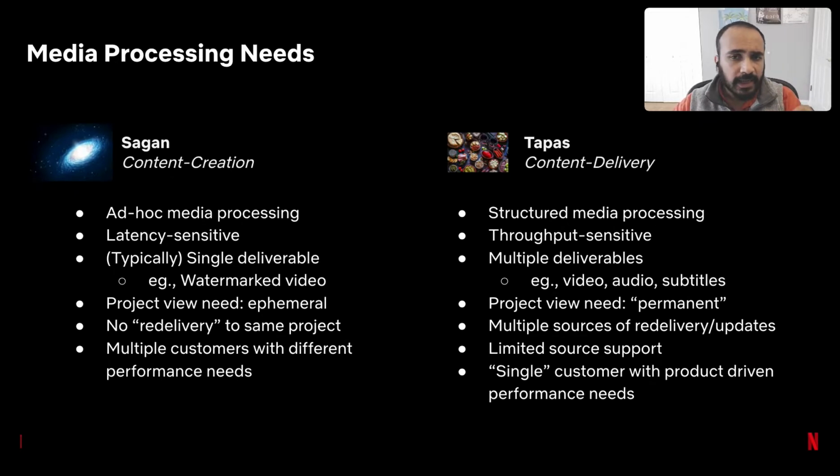Tapas, on the other hand, is our member-facing workflow and is throughput sensitive, since typically there is a window between the ingest and the time the title has to go live on the service. Additionally, since Tapas supports content delivery, each Tapas project generates a bunch of derivative assets, including audio, video, and text, and it also generates a host of media-related metadata that needs to be propagated to downstream tables in order to enable seamless playback. Projects are long-lasting. You wouldn't want the sixth episode of Squid Game, Ganbu, to disappear off the service now, would you? Media processing infrastructure then needs to support both these extreme use cases.